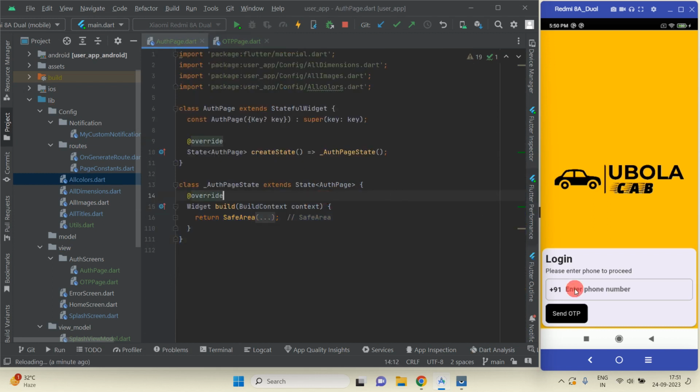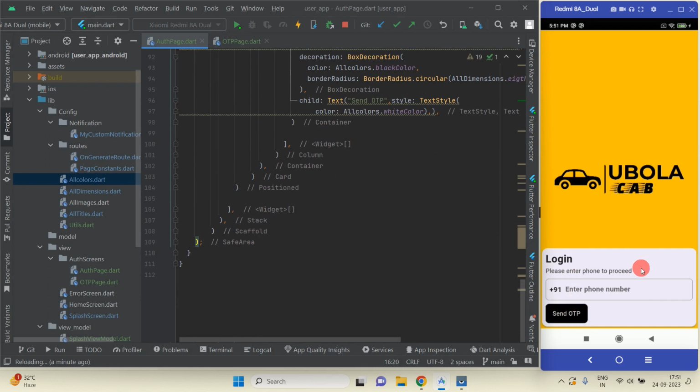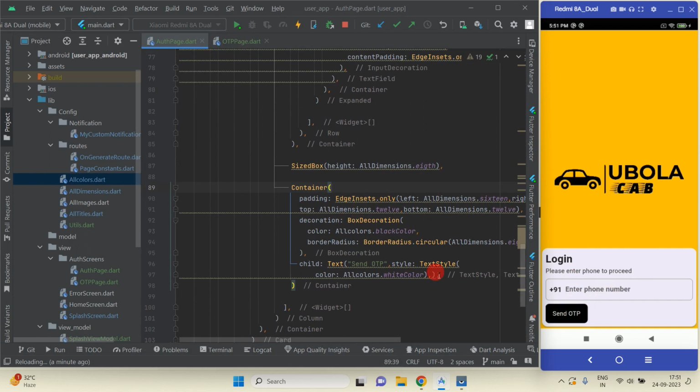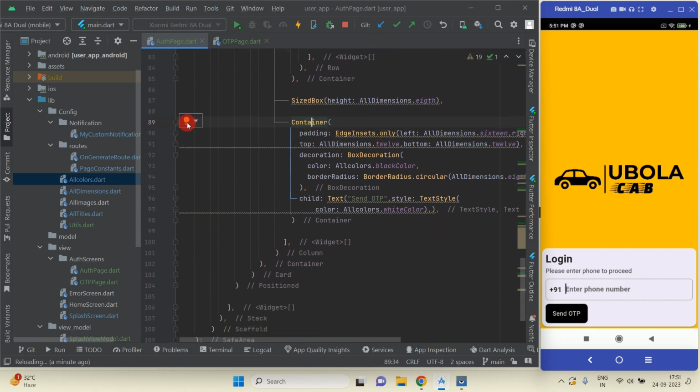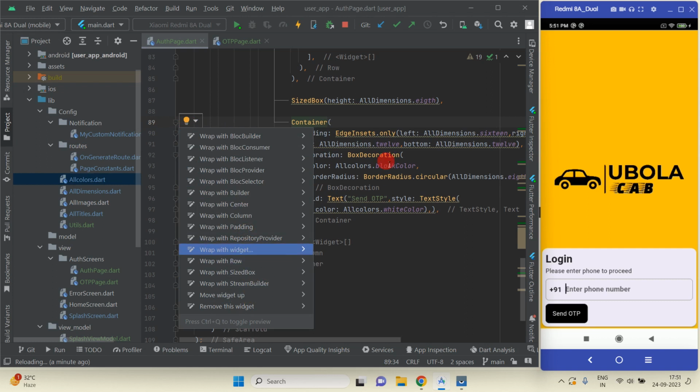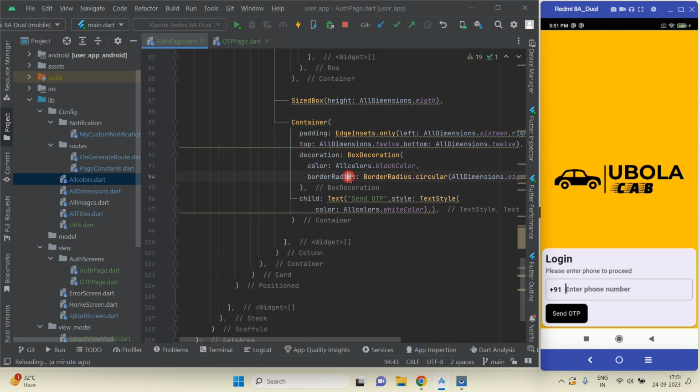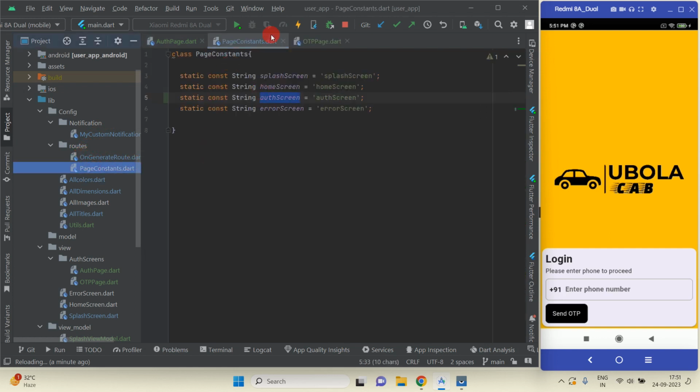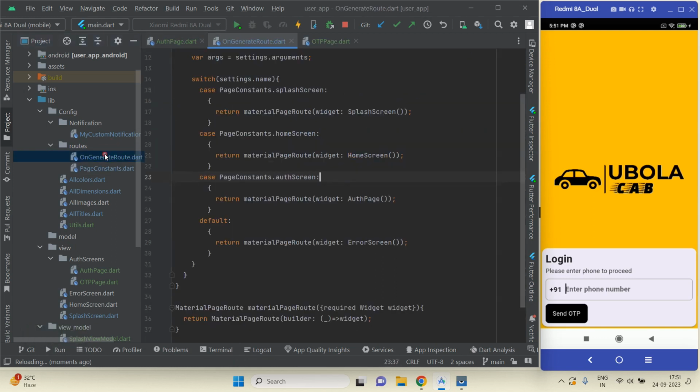Firstly I'm going to add navigation. When I'll click this send OTP, then it will redirect to OTP page. So here I'm going to add inquiry. Firstly I'm going to create route of this OTP page. Okay, so inside route we will open this page constant, and after this auth screen I'm going to create one more screen. So this will be OTP screen, and just open this on generated route and then create one more case here,